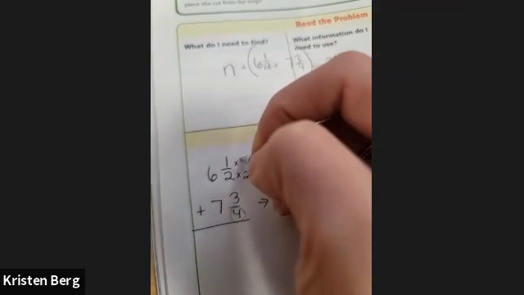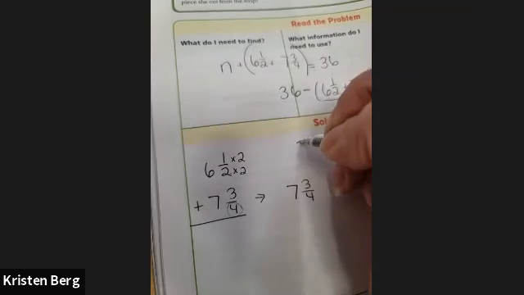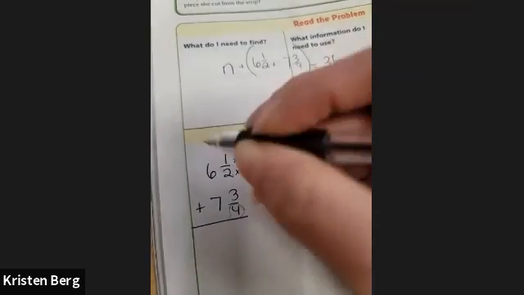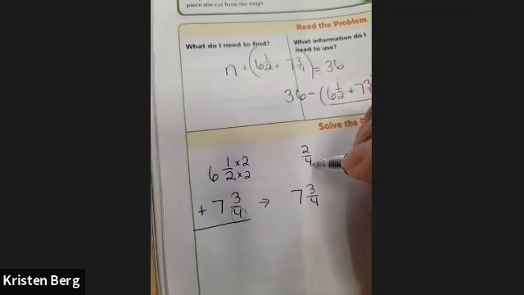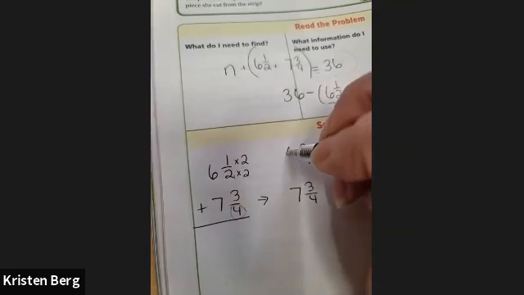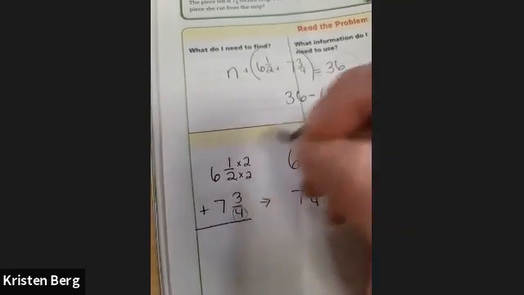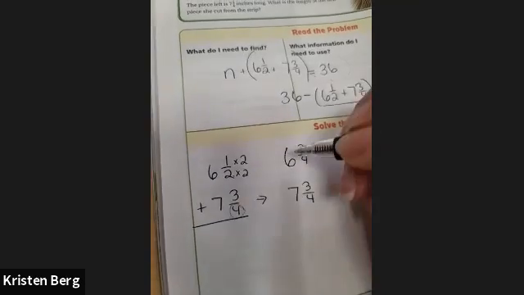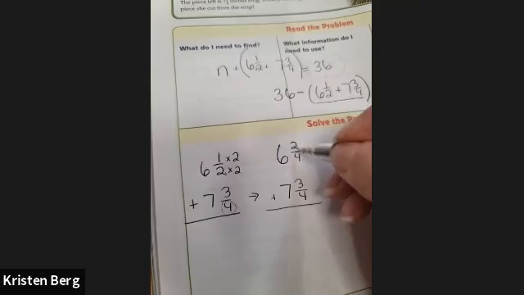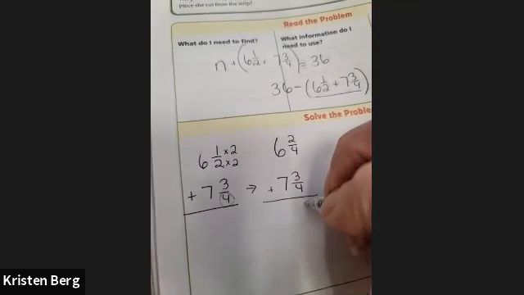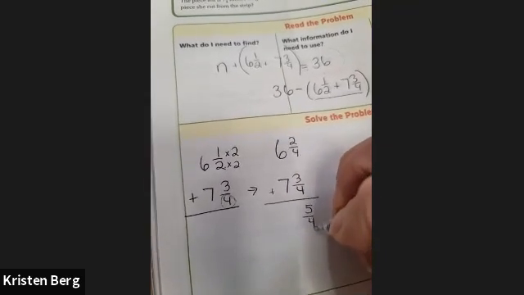This one, to change it to fourths, I'm going to times the top and the bottom by 2, because 2 times what will give you 4? 2 times 2 will. So if I times this by 2, I must do the same to my numerator. And now I can go ahead and add these up. So 2 plus 3 is 5/4, and then